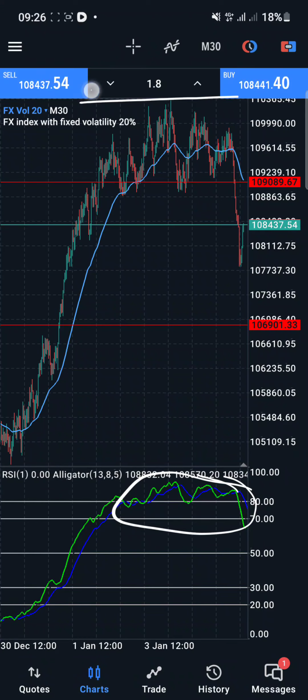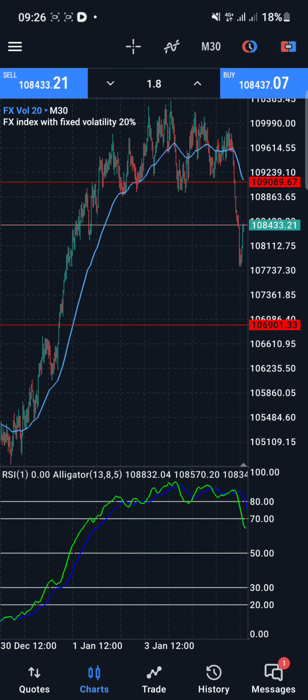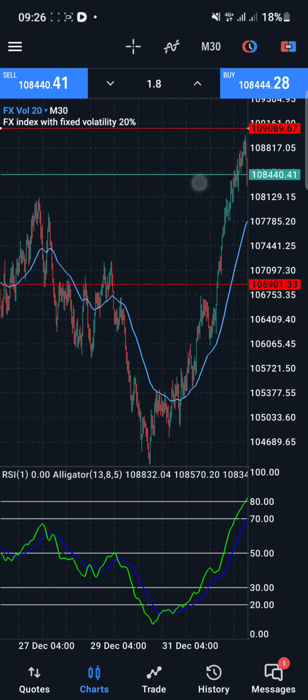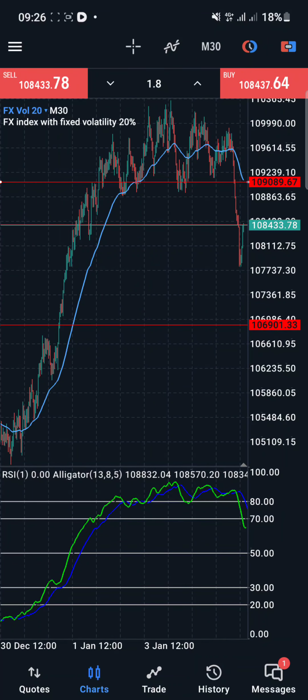But we need to be sure it's not going to break out from here. So how do we know that? First of all, if you see the market structure, it is giving us this kind of formation, which means it's going to sell at that point. So I just needed it to break out from here, and that is why I had to put the horizontal line here. So we came in from there, you can see it right from there, and of course it sold,